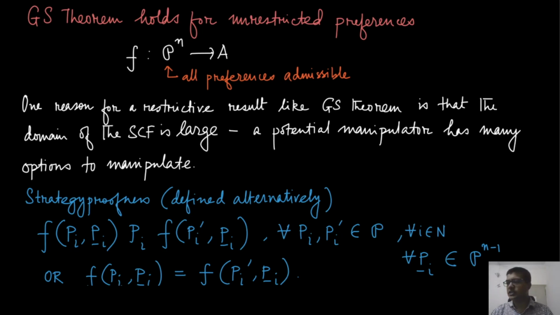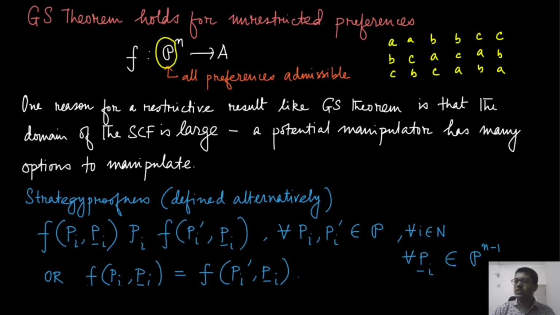Now, one of the things that you can immediately see is that we are using this preference profile here. So the preferences that these players can pick can come from all possible preference orderings. So if you think about three alternatives, there are 3 factorial, that is 6 possible preference orders among them: ACB, BAC, BCA, CAB, and CBA.